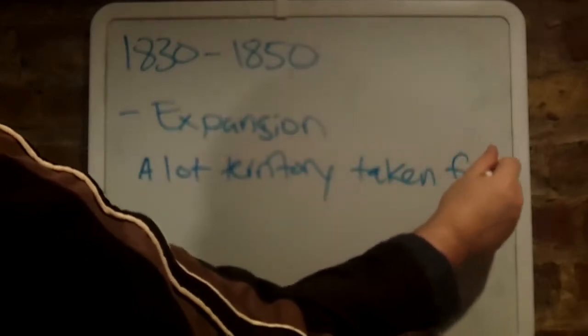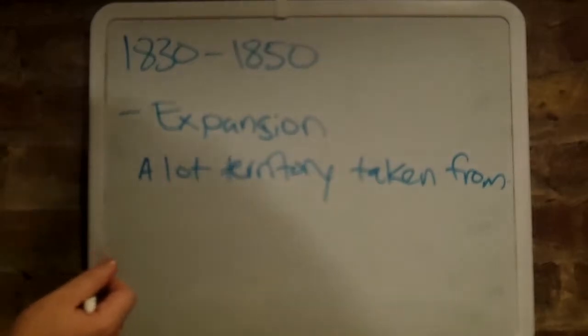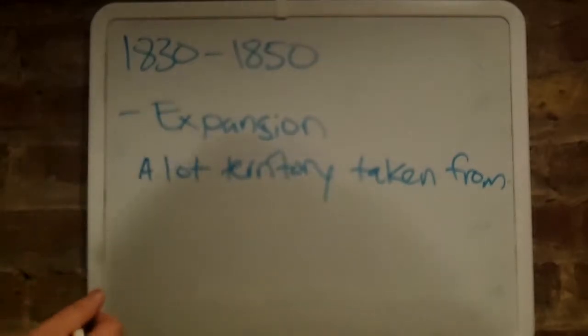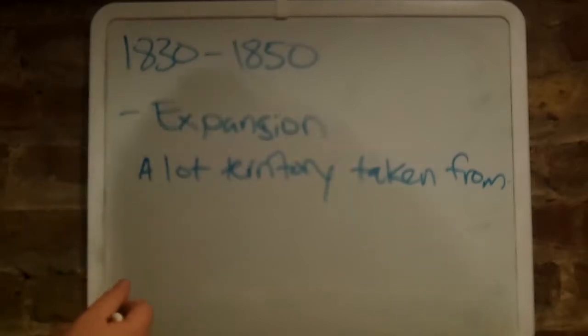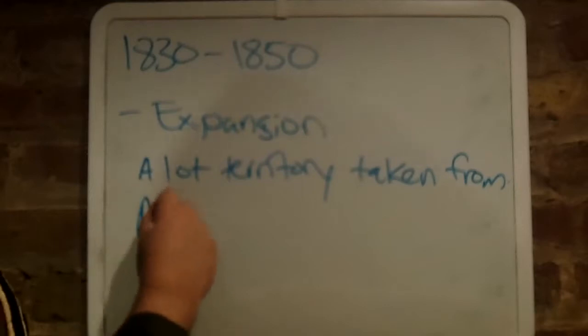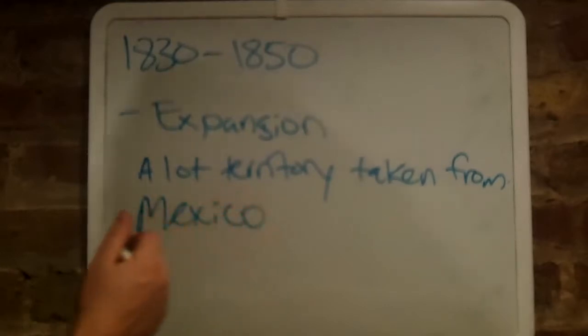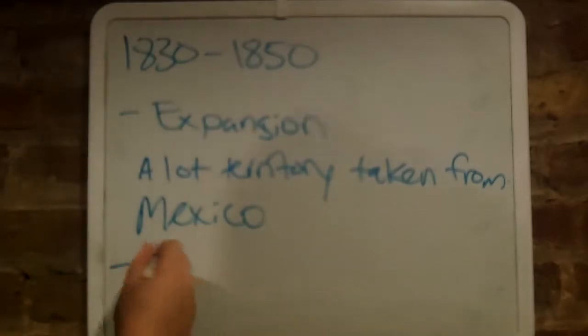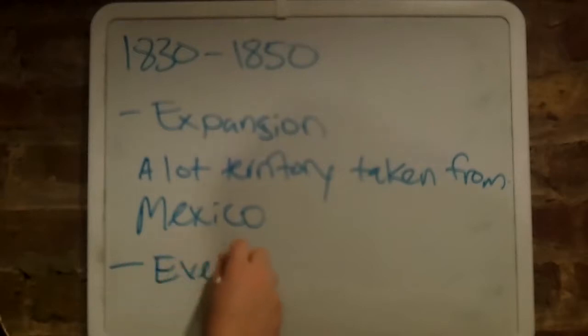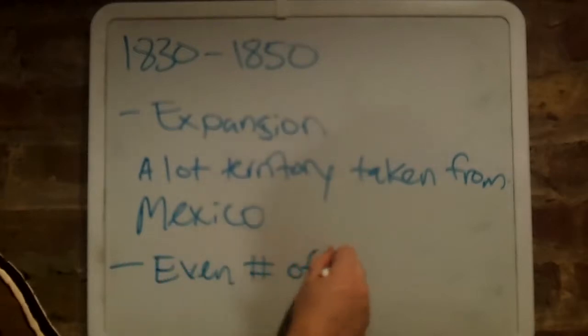So first in 1836, I believe Texas declared independence from Mexico, and then it later became a state, I believe in, I want to say 1840, no, I'm not sure of the date, but Texas became a state in the 1840s, I want to say 1845. So he seized all this western territory. And so this led to a conflict where, since there were an even number of slave and free states,